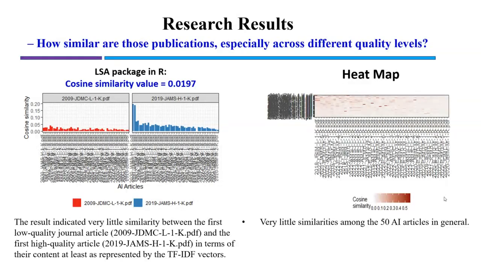If it's not similar, it will become very light. So if you see this heat map, it really is quite light. So this is another very easy way for us to make our conclusion. Yeah, these 50 publications really did not talk about the common thing, maybe not that similar. They really talk about the